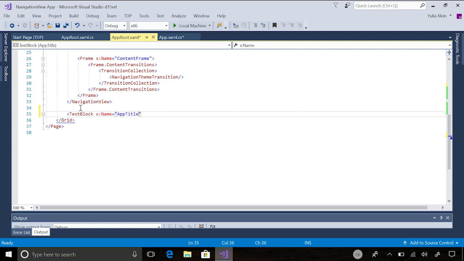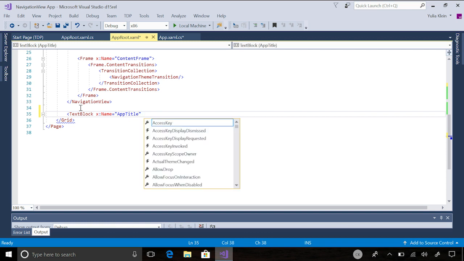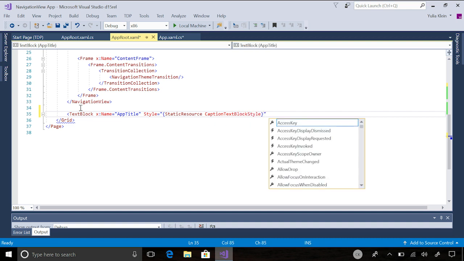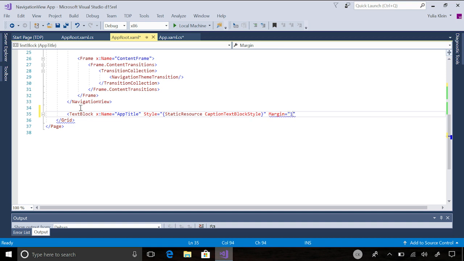Call it app title. And the style should be one of our predefined styles, specifically the caption text block style. And we'll give it a margin of 12 and 8 pixels. And most importantly,